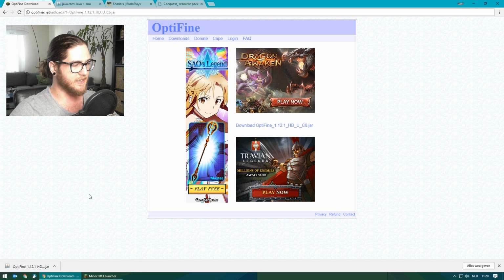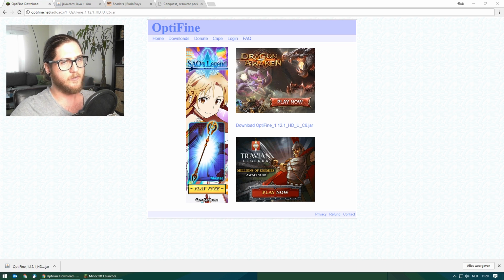We downloaded it, and as you can see here on the left side, I have a little Java icon. Now, there might be a problem because Minecraft has Java bundled with it, so you don't need to install it on your PC anymore to be able to play Minecraft. But to install Optifine, we are going to need Java.